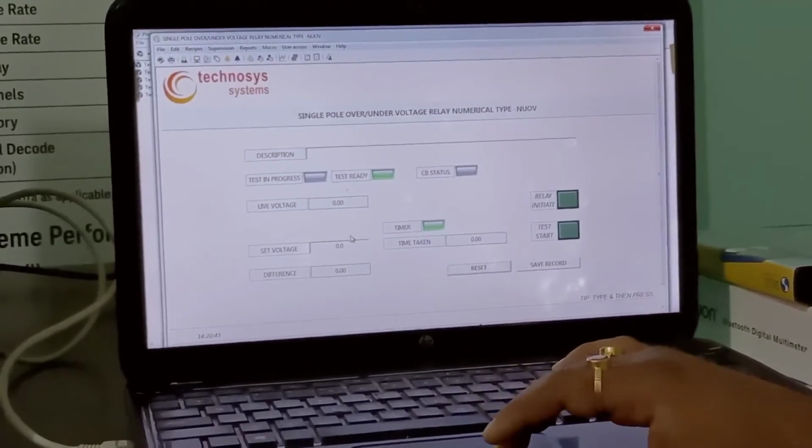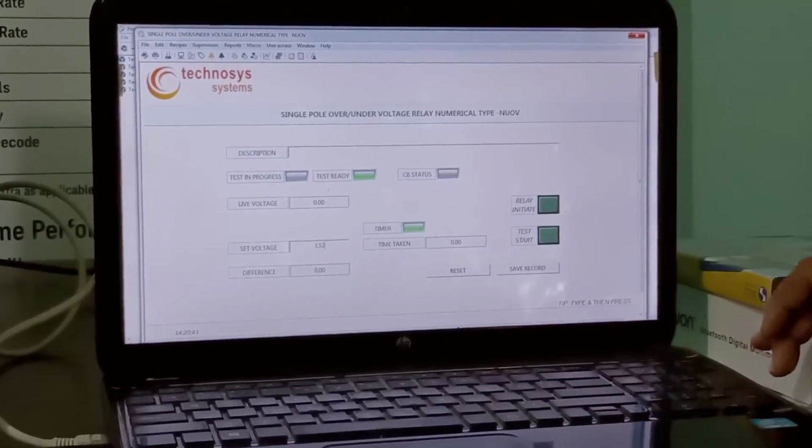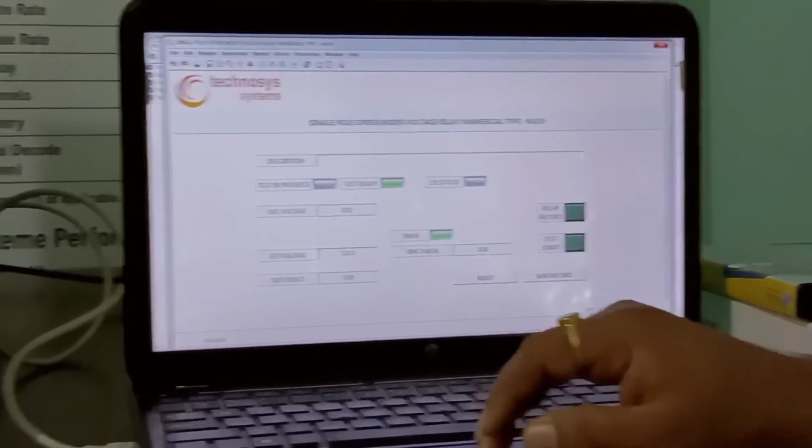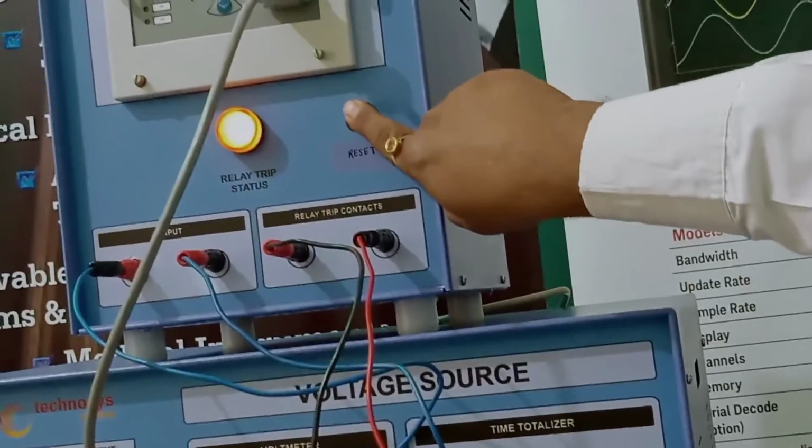Again reset everything. 132 volt. Press enter. Reset this timer. Reset the main relay. Relay initiation.